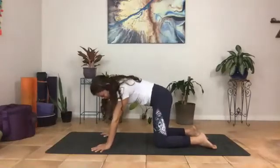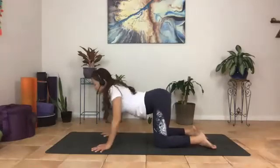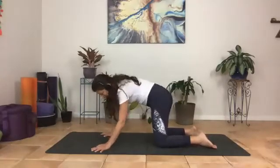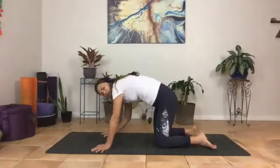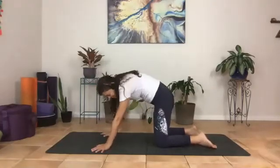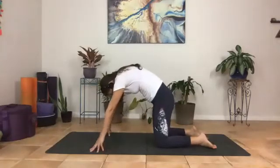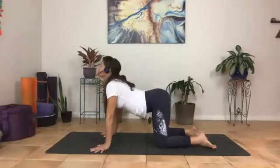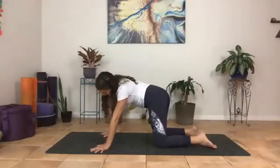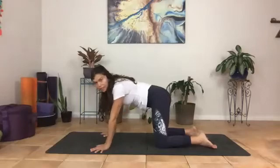Allow this movement to be very organic. It doesn't need to be any which way. You can just kind of move around. Think of taking your vital organs into a gentle roller coaster ride this morning, gently waking them up. All right, let's bring it back to